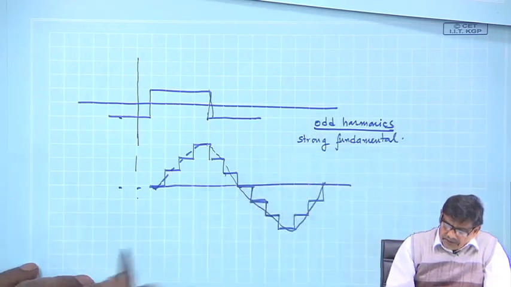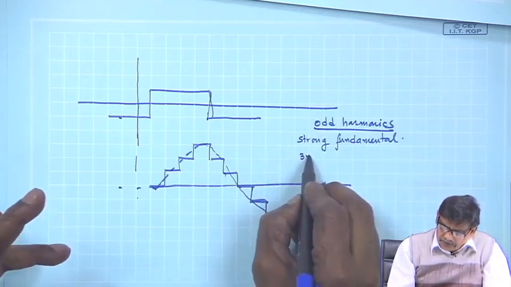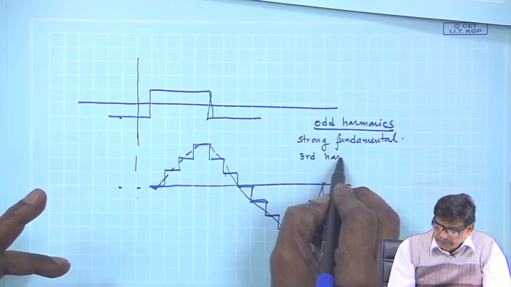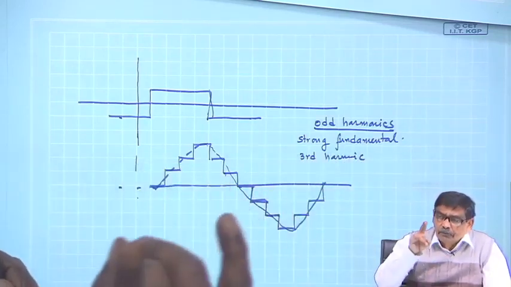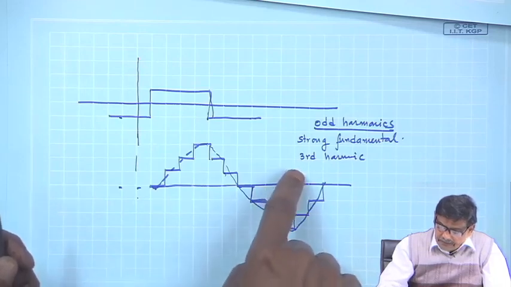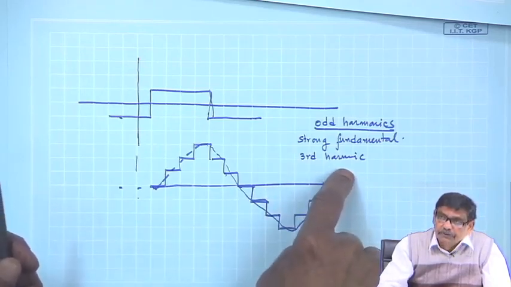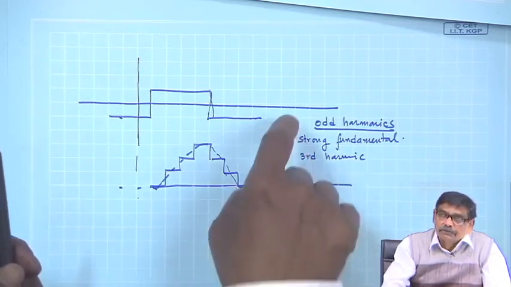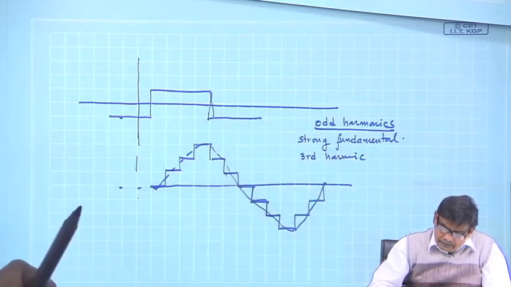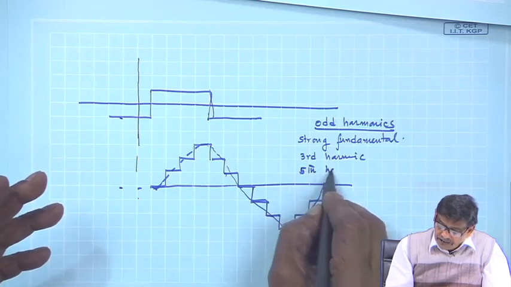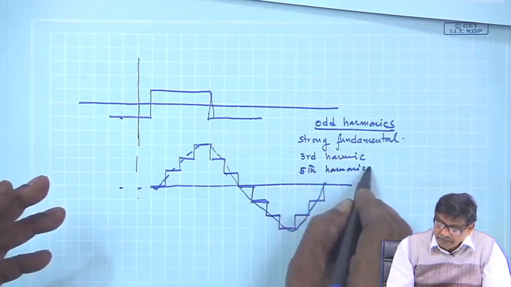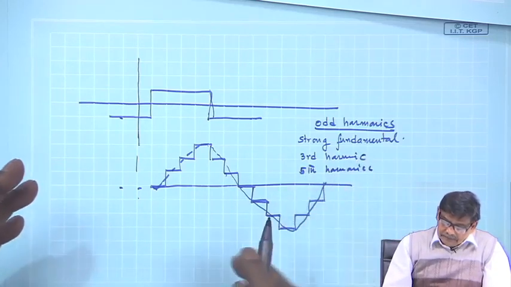So, strong fundamental, then will be third harmonic, and the amplitudes generally decrease by 1 by n. So, that way its amplitude will go on decreasing compared to the fundamental. Then fifth harmonic, its amplitude will be further less. Therefore,